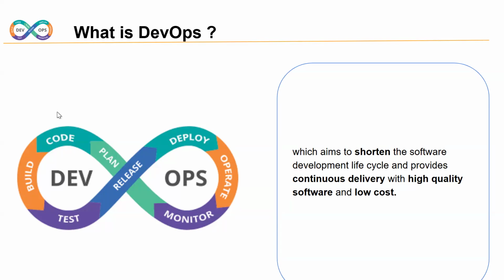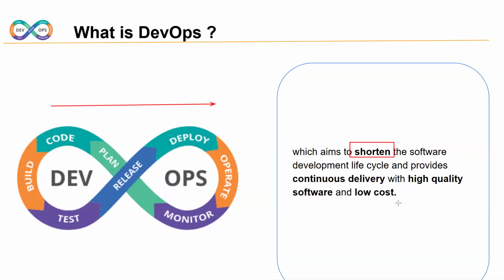While implementing this automated DevOps process, we follow some rules and regulations, some principles. DevOps is a methodology, a process. While following the process, we follow some principles. What are they, guys? The first is shortest time. We deliver our working software within the shortest time, continuously, with high quality and low cost. That is exactly our DevOps transparent pipeline.